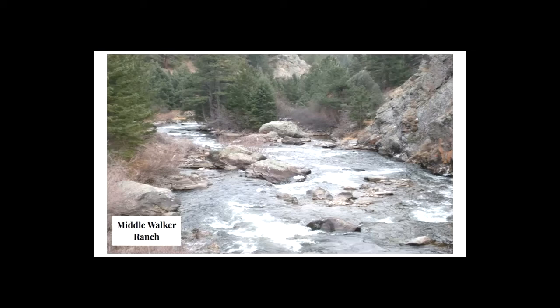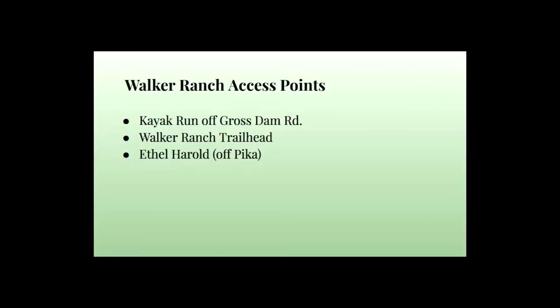Other trailheads that you can use to access Walker Ranch. One is called the Main Walker Ranch Loop, or the Main Walker Ranch Lot. The other one is called Ethel Herald. Ethel Herald is a trailhead off of Piker Road. It will give you access to the bottom of Walker Ranch. And what Walker Ranch is, it's about 3 miles of water that has about an 8-mile hiking and biking loop